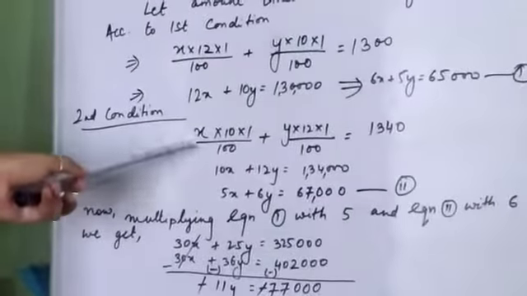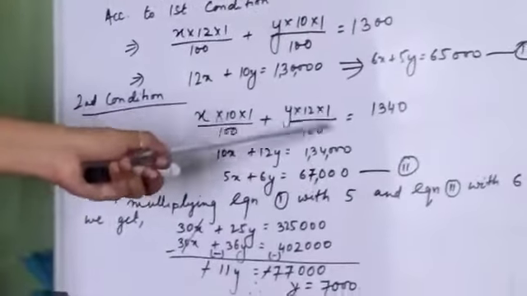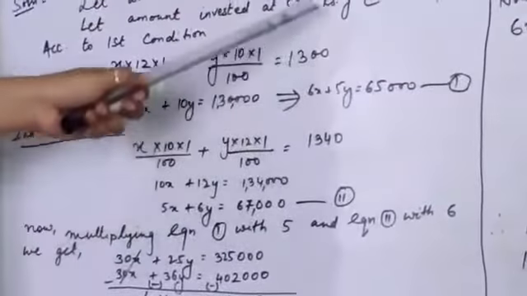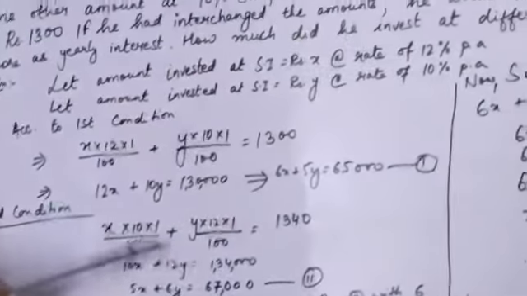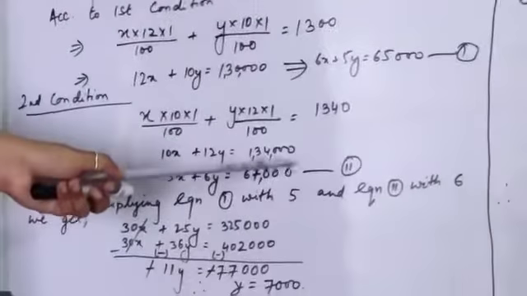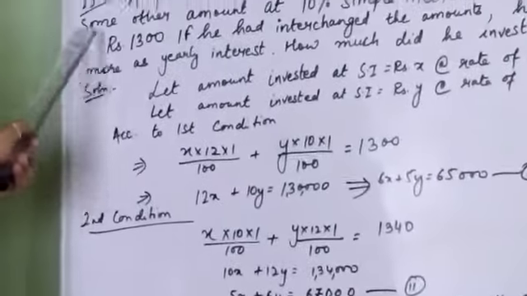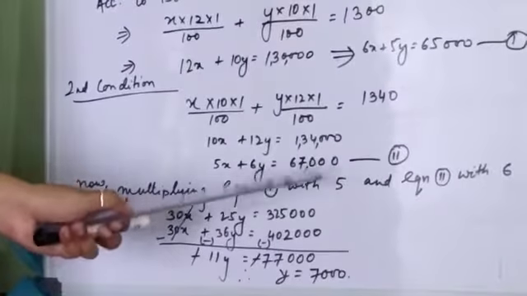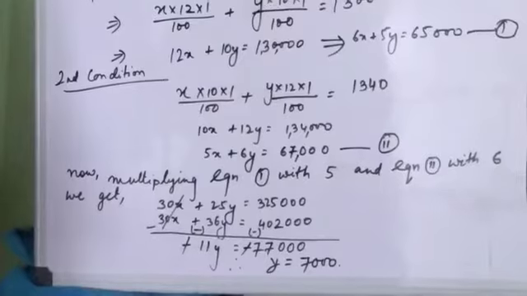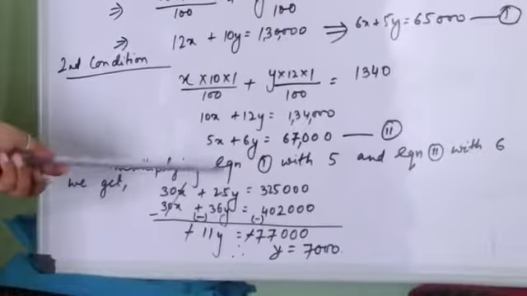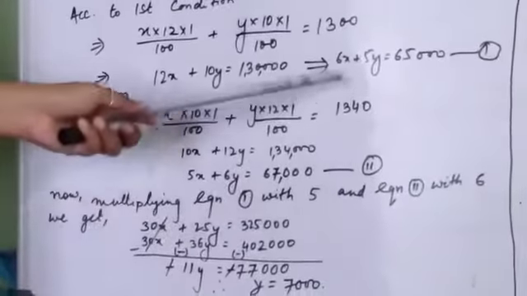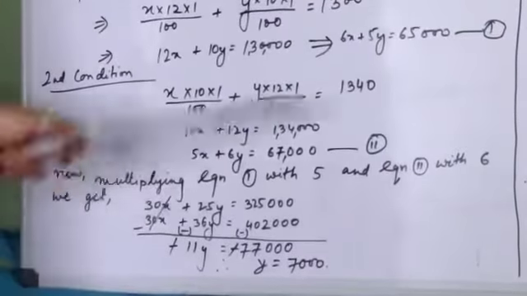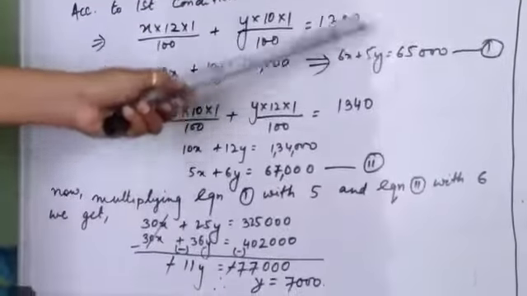So we need to find out the investment that he has made at different rates. So for the second equation also, we'll find out the interest for both. So first we know that X amount will be invested at 10% and Y amount will be invested at 12%. So the total interest that we'll get will be 40 rupees more than what he was getting initially. So when you solve the equation, you get 5x plus 6y is equal to 67,000. Now on multiplying the equation, because here we have 5x and here we have 6x, we need to make it uniform so that it is easier for us to solve. You can also try with 5y and 6y.